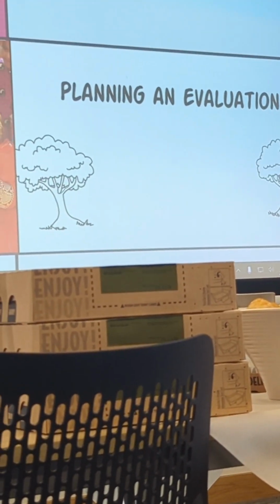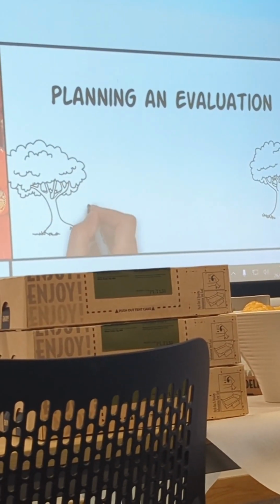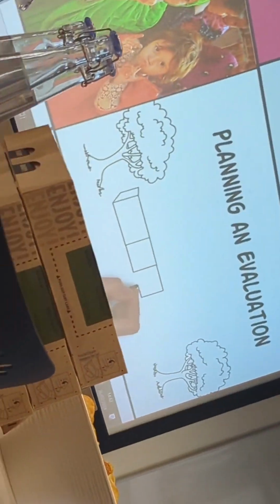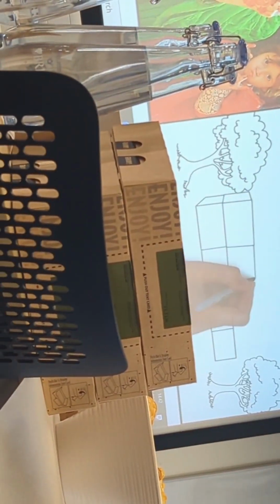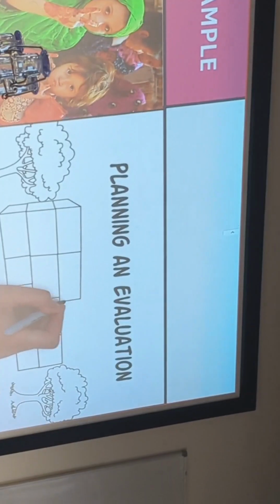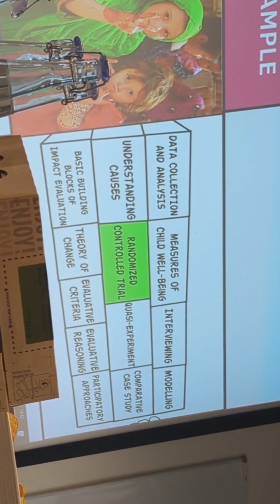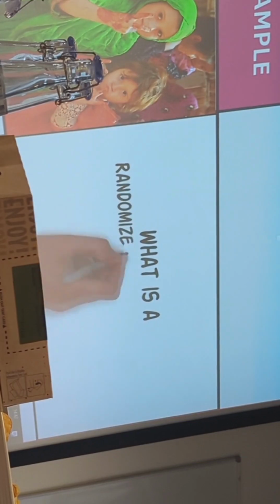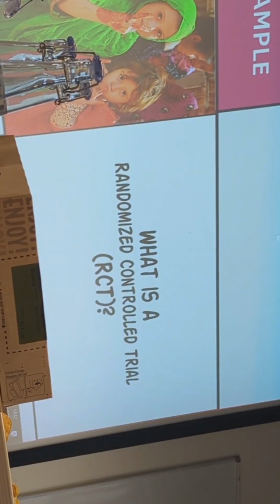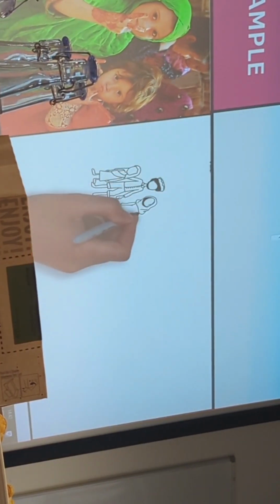RCTs, which are one option to consider when planning an impact evaluation. Before deciding to use RCTs, you will need to consider the building blocks of evaluation: research design, data collection and analysis and synthesis. RCTs measure the impact of an intervention on a particular outcome by conducting a carefully controlled experiment